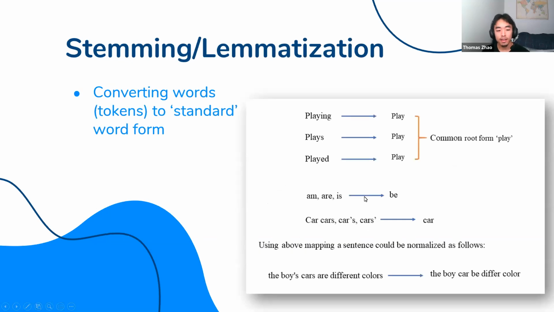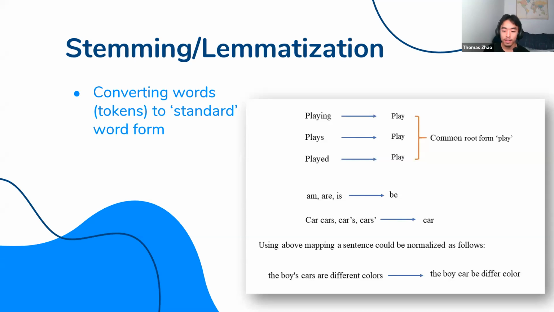Now, once you get these words into token form, you got to standardize them, because computers work better once you remove the noise. And so you can see here, there's this thing called stemming / lemmatization. They're essentially the same word. Stemming just means you remove the word suffixes, and you can see here, playing goes to play, played goes to play. So you're essentially converting all the words to the root word.